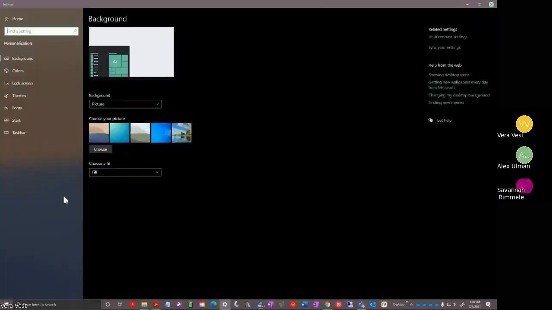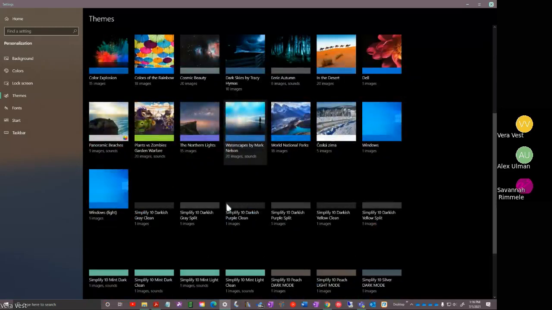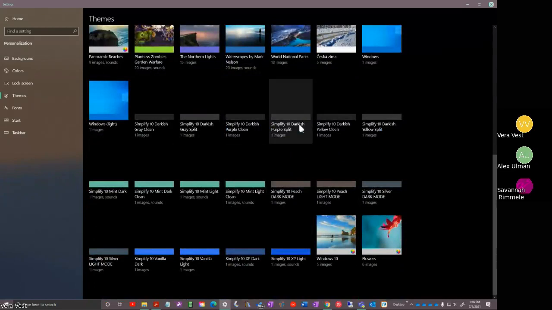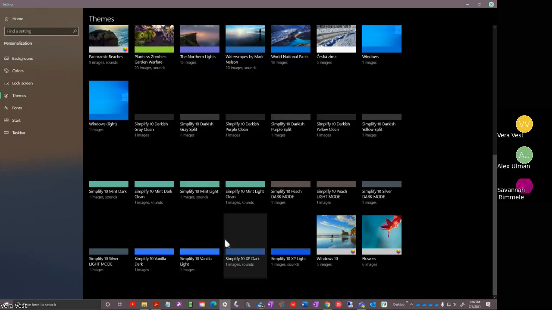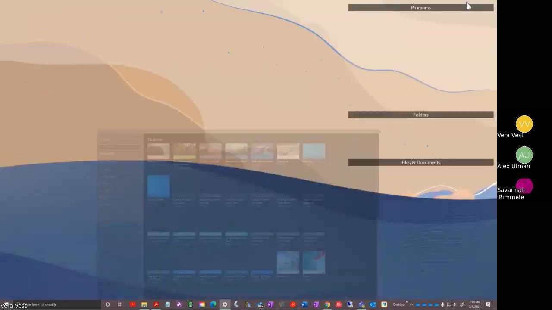here. This is the one that I'm running currently, which is his Simplify Mint. But he has a lot of very, very neat ones. He has some Mac styles. He has a couple here that are reminiscent of Windows XP settings. Just very, very neat. In his store,